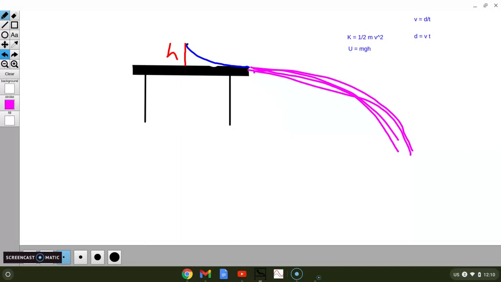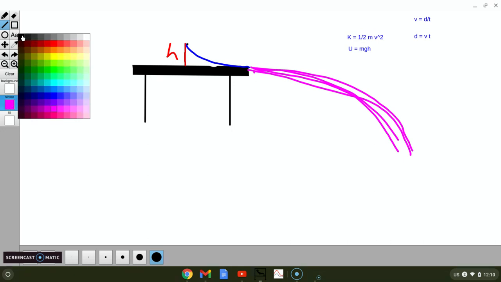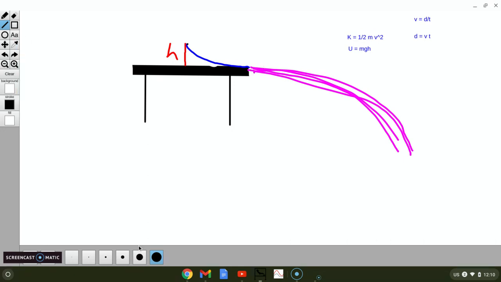Okay. Now, what you should be able to do is you need to measure the distance that the ball travels. Now, you're going to have to be very careful with that measurement, okay? Because where do you measure from? And the answer is you got to be careful. You got to measure from the launch point, all right? So if we draw a line straight down from where it's launched,